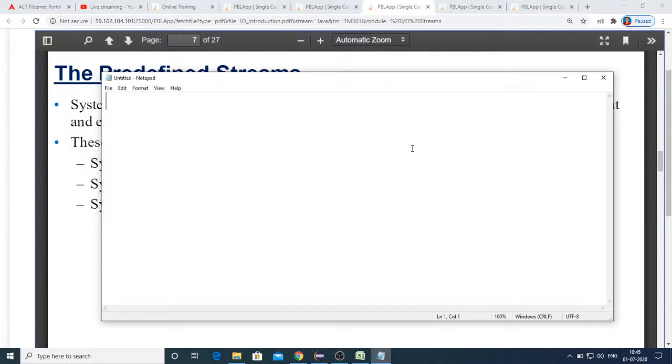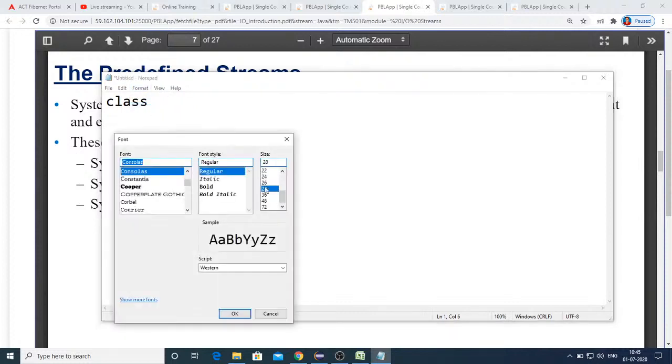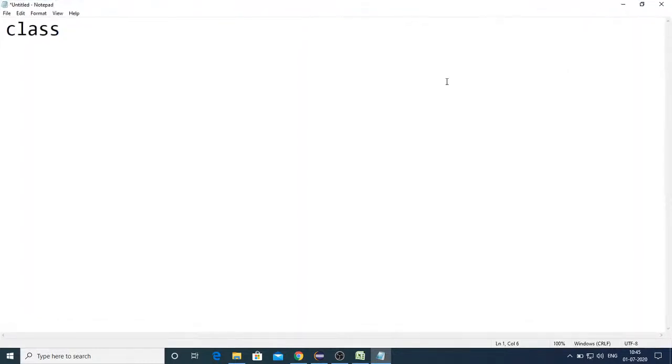So let me just, I hope my screen is visible. Let me increase the font size. Okay, so I'm just creating a small piece of code for demonstrating this.